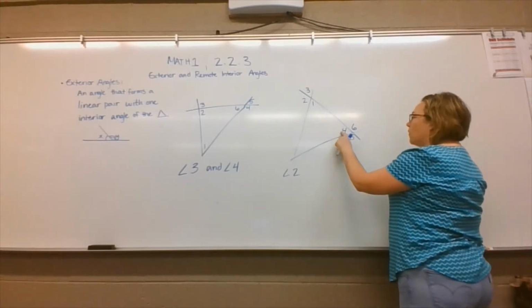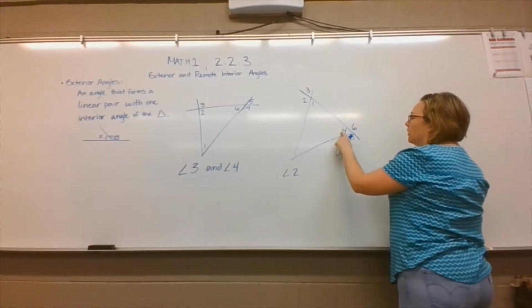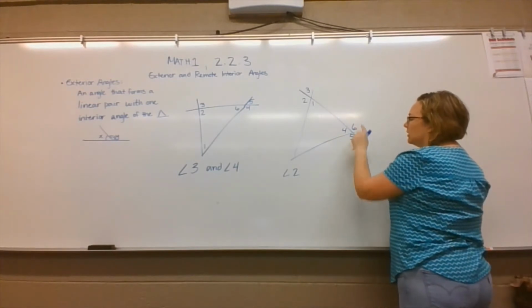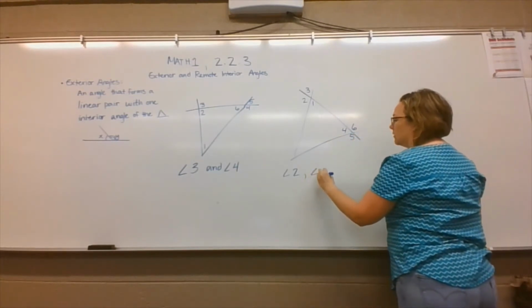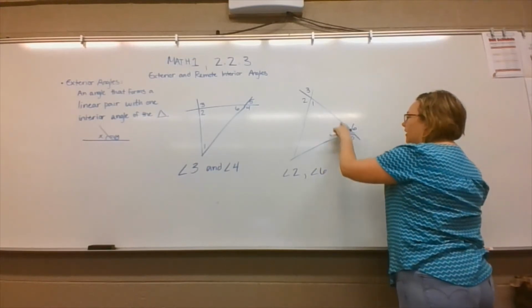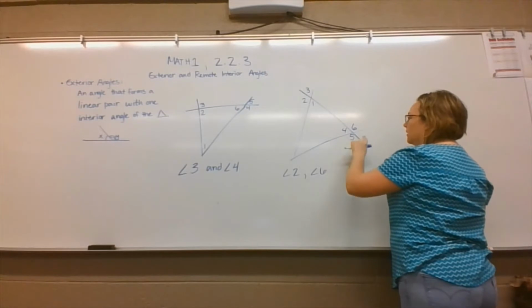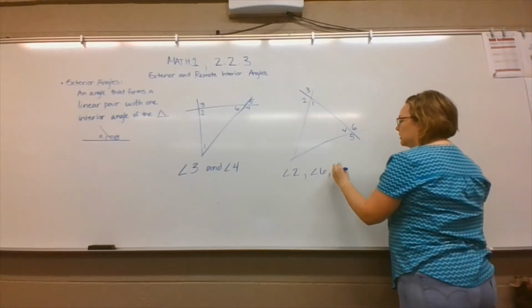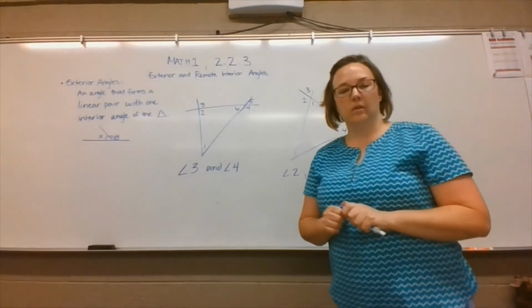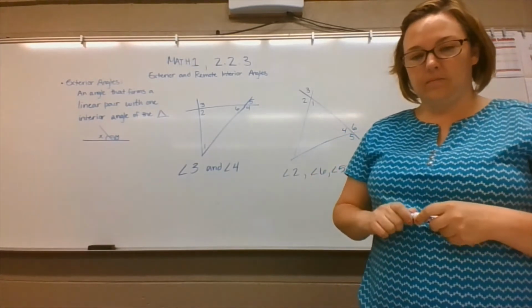Okay, angle 4 in our triangle, we can form a linear pair moving along this side with angle 6. And if we move along this side, we see that angle 5 actually helps create that line. So it's angle 2, angle 6, and angle 5 are all exterior angles. In the next,